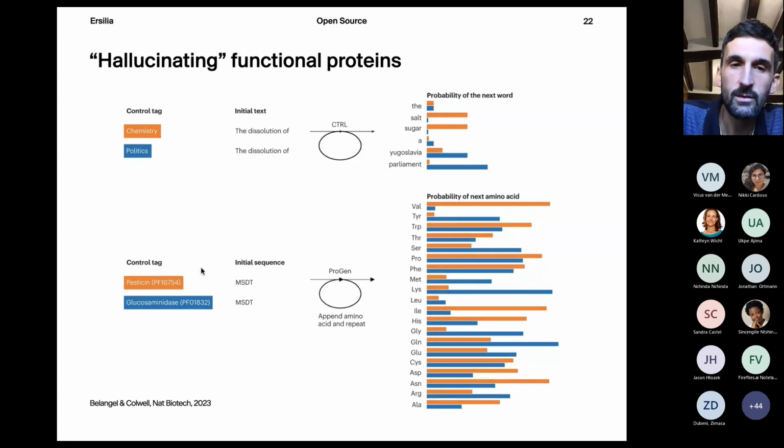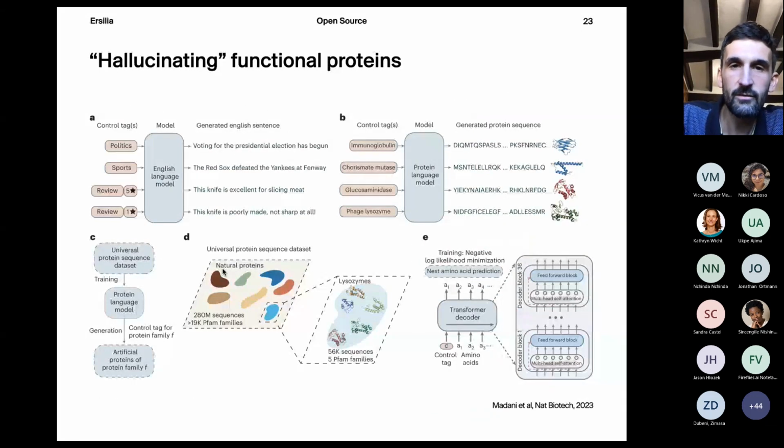If we apply this to protein sequences, let's say we want to design a protein. We can start with a sequence like that, a typical sequence for starting a protein. And then we can have different control tags, for instance, the function of the protein. By doing so, we will hopefully be able to design a protein that will fulfill this particular function. They have done this with enormous success in this paper, and they've done quite massive validation. I really encourage you to read this paper.